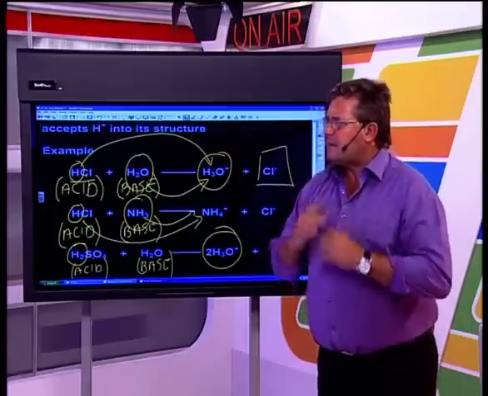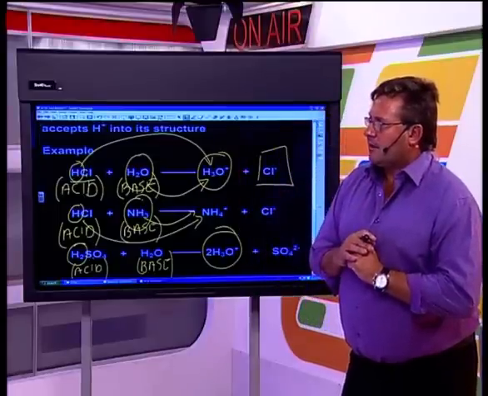Are there any questions that have come in about the Bronsted-Lowry model at this stage? Let me have a look. Nothing at the moment. Jürgen is talking about it. He did put a little explanation on the page, which is quite cool. So guys, carry on doing that. There's nothing on that particular section at the moment.